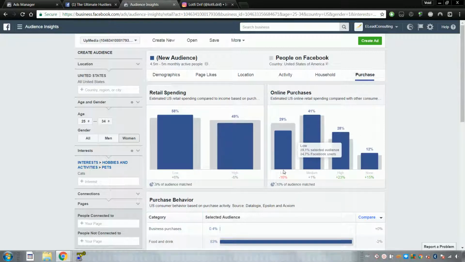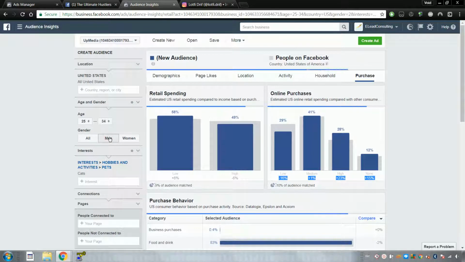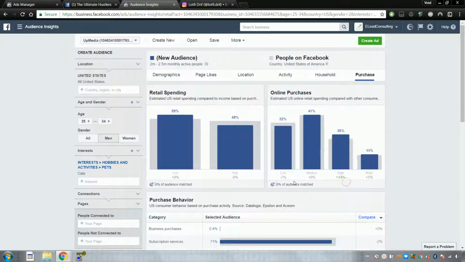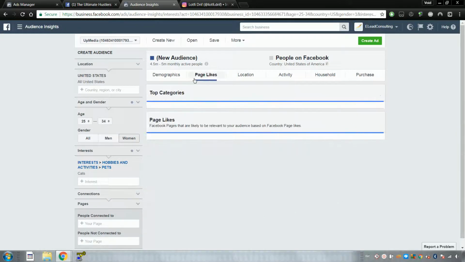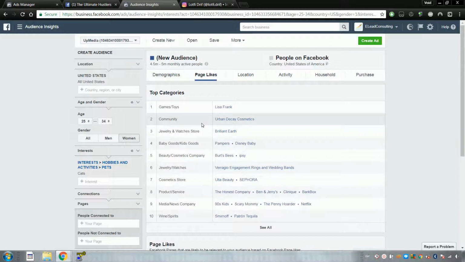All right, so there's lower low cost purchases and more high cost purchases, as you can see here. So women are spending a lot more on higher value items than lower value items. I can't try to remember the numbers. Yeah. So what we want to do now is actually look at page likes and dive in a little more